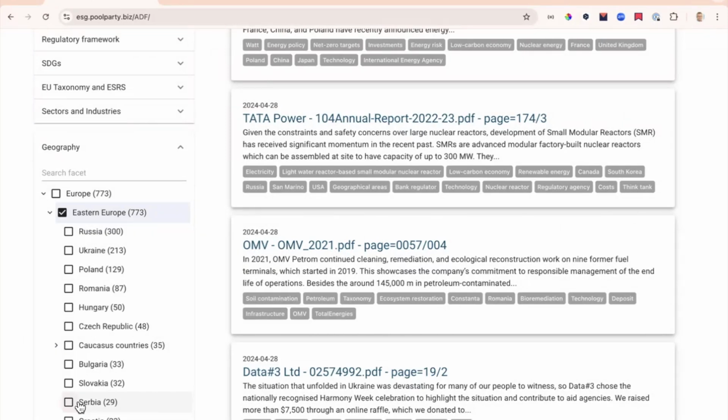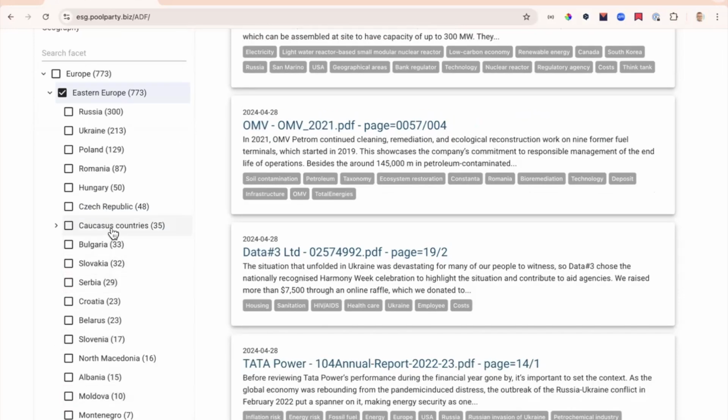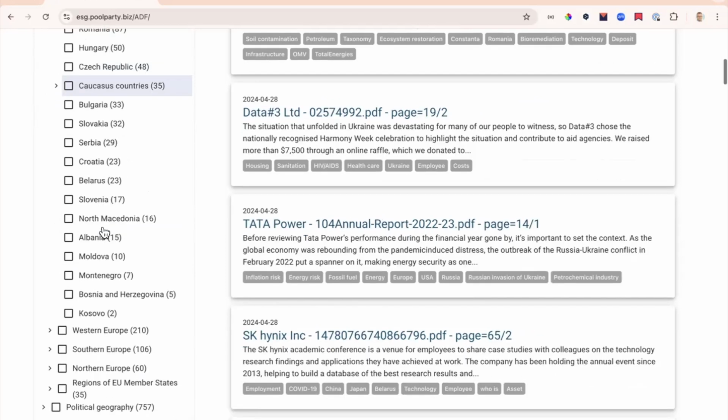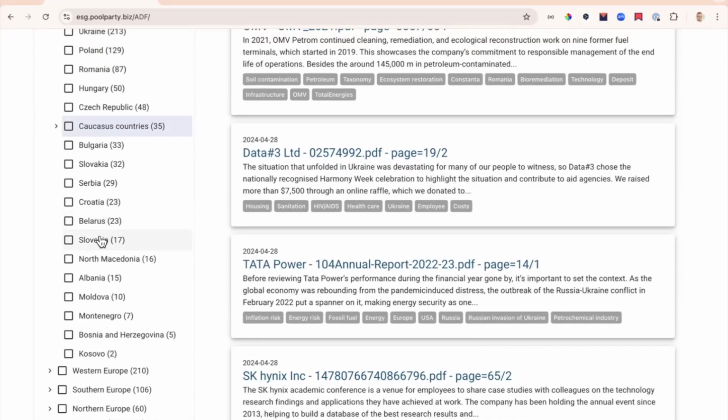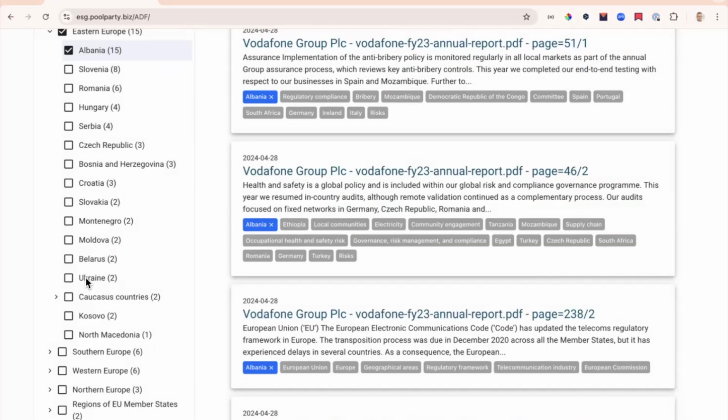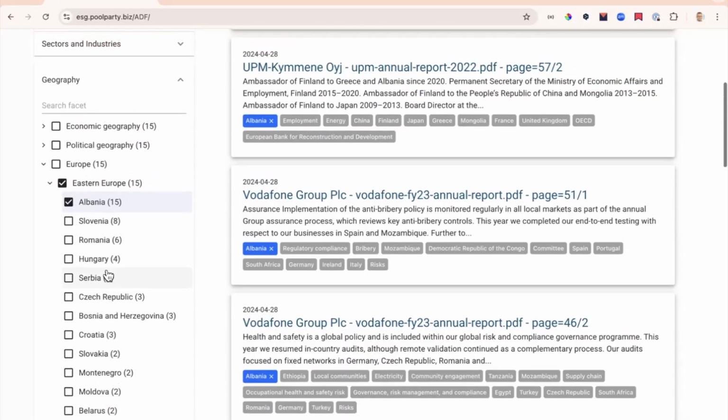So you can even come up with intermediary elements like certain blocks or regions, which then again contain several countries, or you just filter out by one particular country, which is mentioned then in the particular